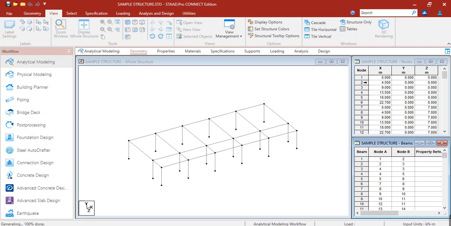If you want to select node 1, you can click here at the table, and as you can see in this whole structure screen, node 1 is highlighted in red, okay? If you want to locate node 2, it is highlighted, node 3, node 4, node 5, node 6, and so on. And if you want to highlight beams, just click beam 1.